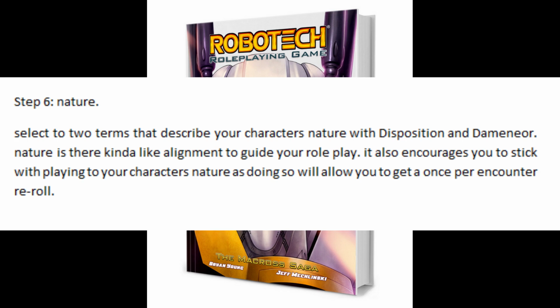For example, you might make your character calm and backstabbing. Let's use that. Let's say those are 2 terms that you decide make up your nature. They're basically on your character sheet to remind you that, okay, the nature of my guy is calm, so when I'm role-playing, be calm. That's what he does. And he's also backstabbing, so that's another part of his nature to keep in mind